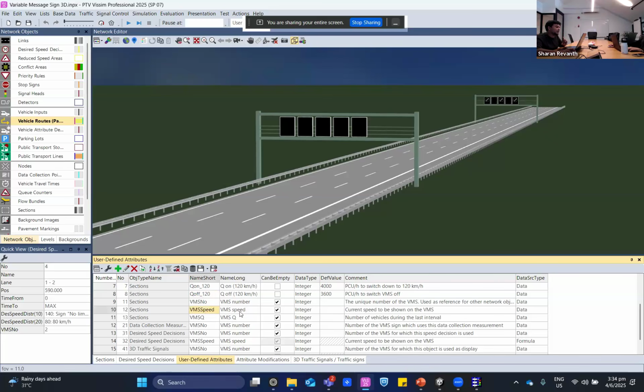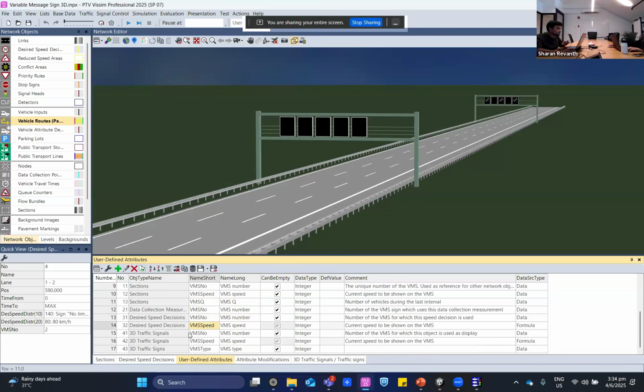The first one is variable message signs number, variable message signs speed, and variable message signs traffic flow. And we also have variable message sign speed but in desired speed decision object, and we also have 3D traffic